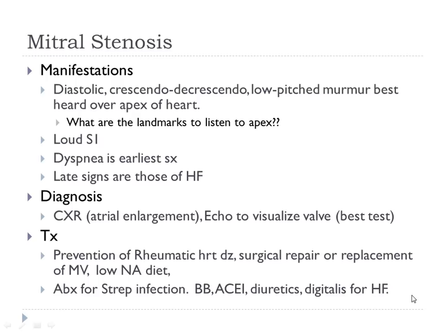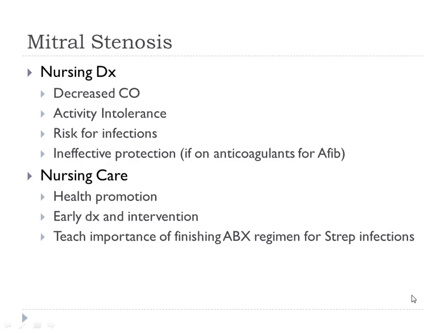We've talked a few times about how the echocardiogram can help us visualize the heart and the valves. Rheumatic heart disease and infective endocarditis can lead to mitral stenosis-like problems. We can replace this valve. Low sodium diet. Okay? And treat any signs of heart failure. That's what those medications will do. Decrease cardiac output, right?